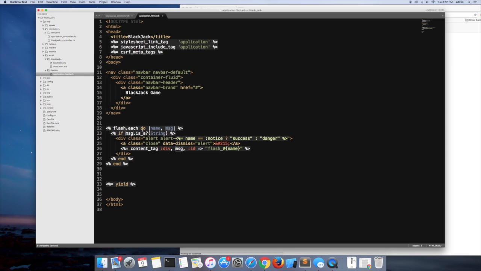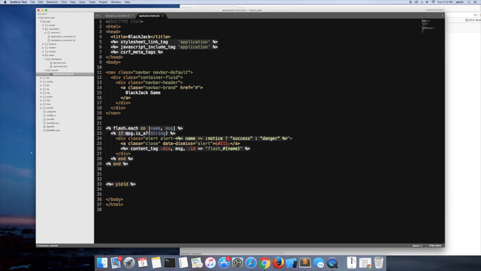And the reason why it splits into those two things is so that it will be easier to read the code, instead of having to call flash, you know, flash whatever the key is, so flash name, and then you'd have to call 0. It doesn't want to do that. It just wants to call the variable name. So it splits it into two, and then you go inside of the loop,